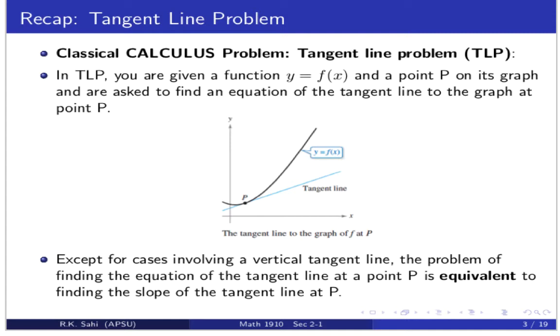And what we found was that the limit was the key which helped us to figure it out. And remember, to find the equation of a tangent line at a point P is basically equivalent to finding the slope of the tangent line, because you're already given a point. So what you really need is the slope of that tangent line. And the way we went about it was